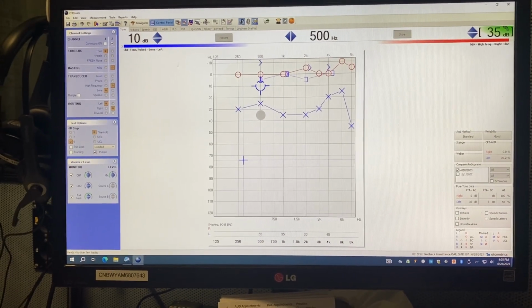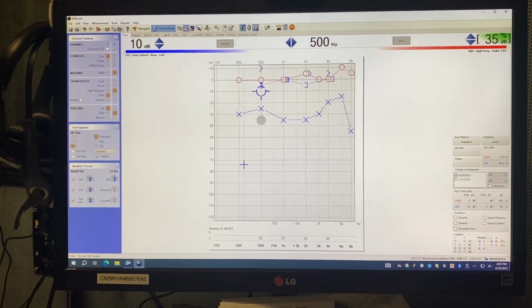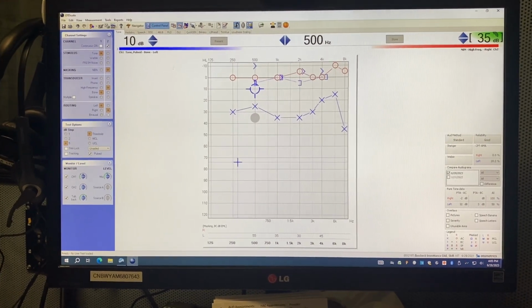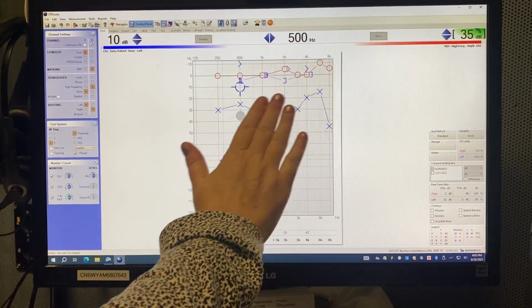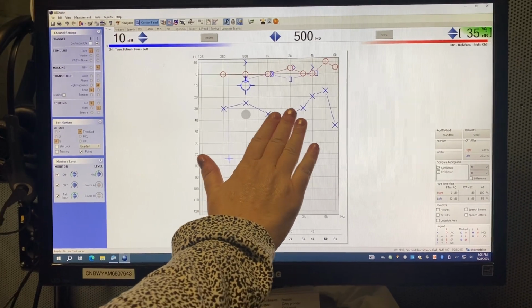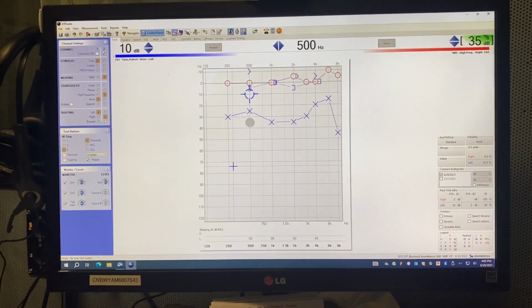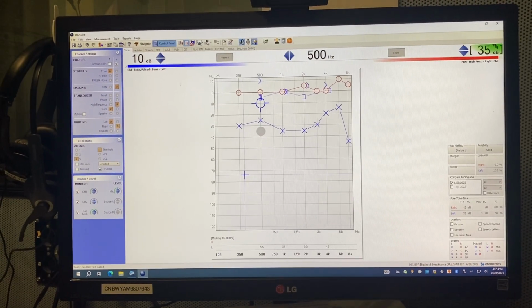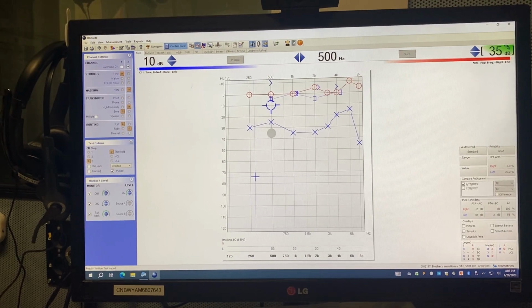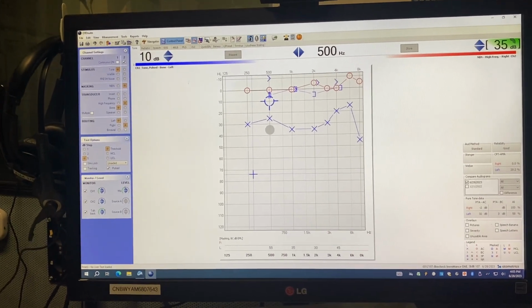Now we are going to do some air conduction masking because our ears do have some differences. Not quite enough at all of the frequencies to warrant masking because we don't have that 40, maybe we do have a 40 dB difference, but we're going to practice, so let's do that. Okay, so we'll hit